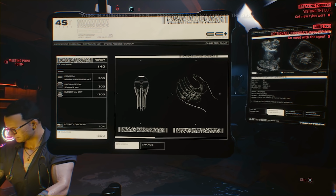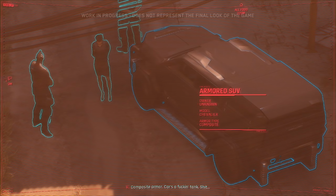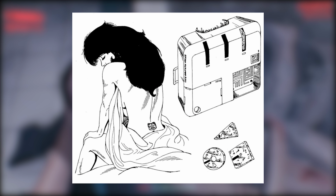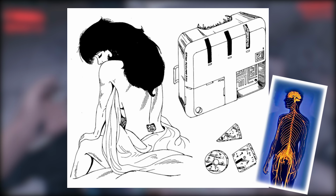V gets 3 upgrades in the processor, weapon grip, and optic. The Kuroshi optic brings up a targeting HUD and can analyze targets for weak spots or gang affiliations, and the weapon grip brings up an ammo count and allows you to deal more base damage. The processor connects all of these components together, much like the human brain wires signals to various parts of the